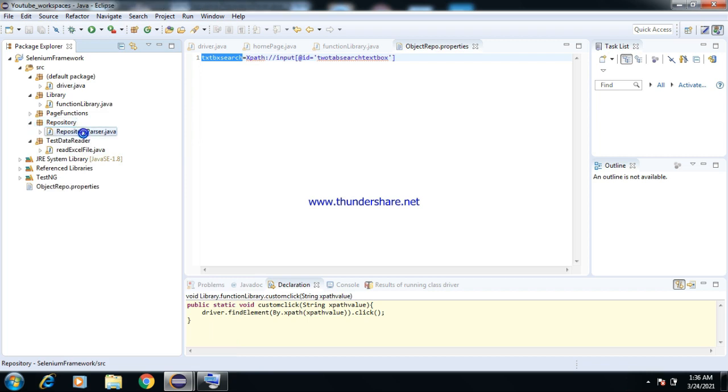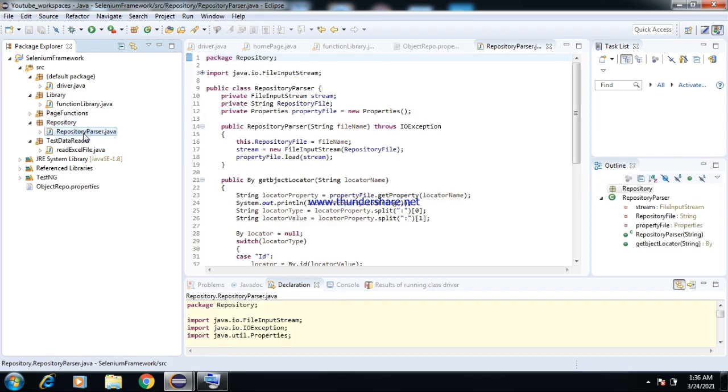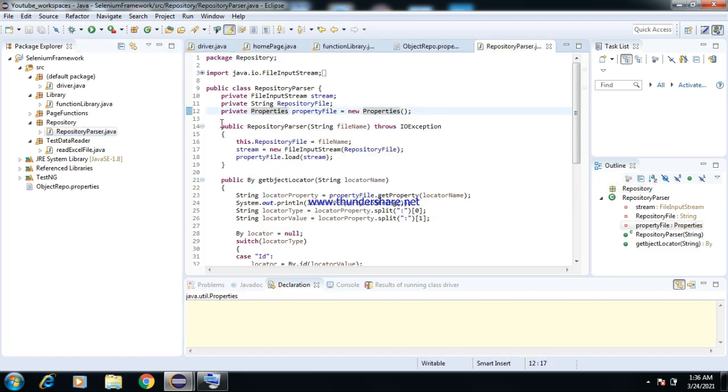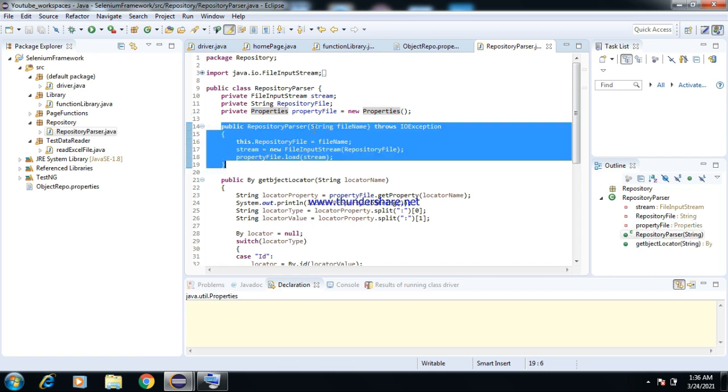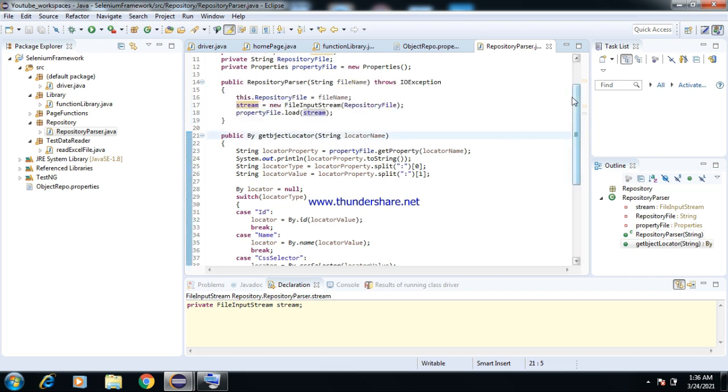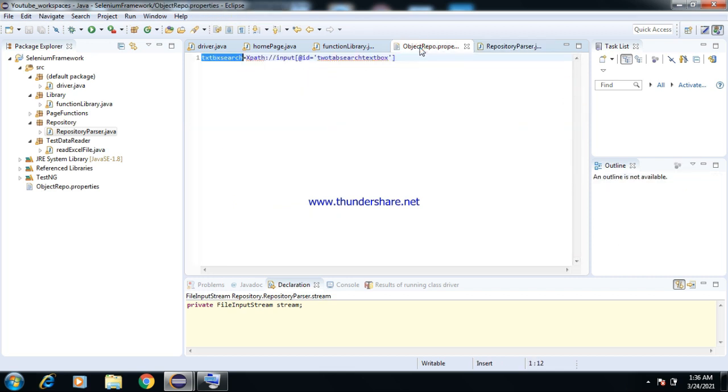I have created a new Java class. I just copied. I will explain this. So you can find this code from the GitHub. I have given it in the description. So this function is to pass the properties file here, and from there we are going to load. So for this we have written this function.